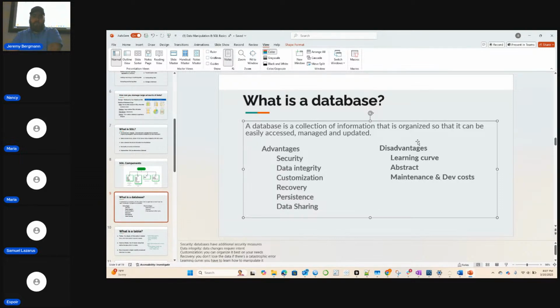Disadvantage, they say learning curve. I don't think it's a huge learning curve. We're going to do it in 4 weeks. And I think at the end, you'll feel pretty good about it. So relatively, I mean, maybe more than an Excel spreadsheet or something. Excel has a lot of its own that you could do a 4-week class on too. So say learning curve a little bit.